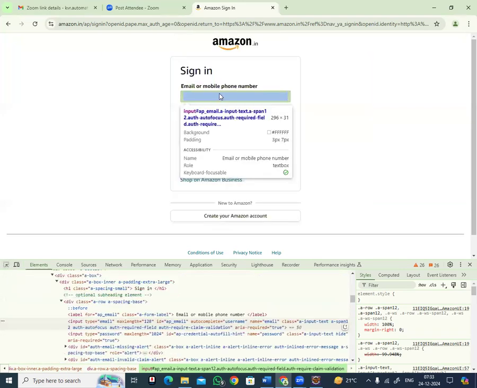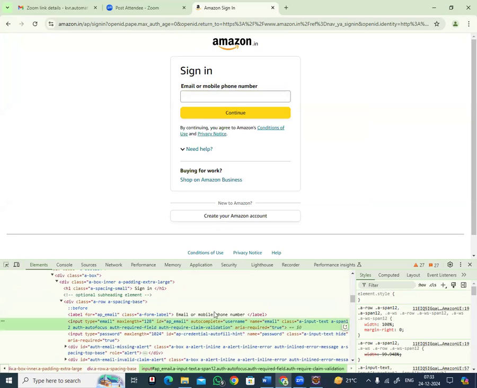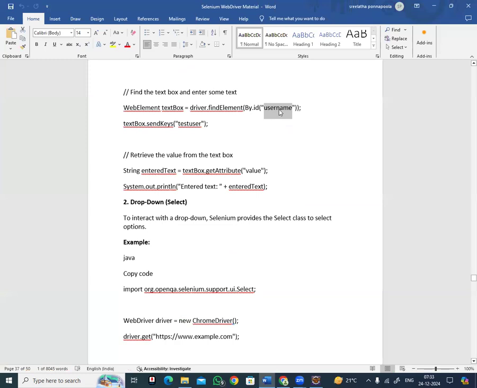For example, if I click and point to this text box web element, the ID is this value. The ID attribute value is app underscore email. So this ID value I need to enter here. And then after, see what we are doing here: the text box is one